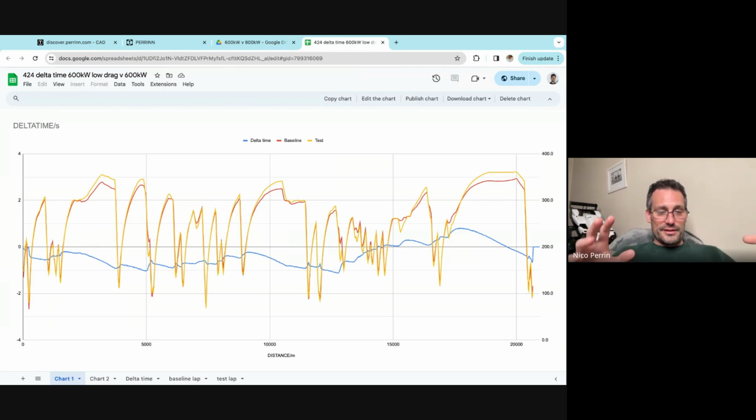And here you can see these are two laps that have been driven by our test drivers. One is 600 kilowatts with less drag on the car, and the other one is the traditional 600 kilowatts. So this test is specifically an aerodynamic low drag, low downforce test versus baseline. You can see the different speeds. So obviously yellow is the low drag, so it's a faster speed in the straight line, and then the time